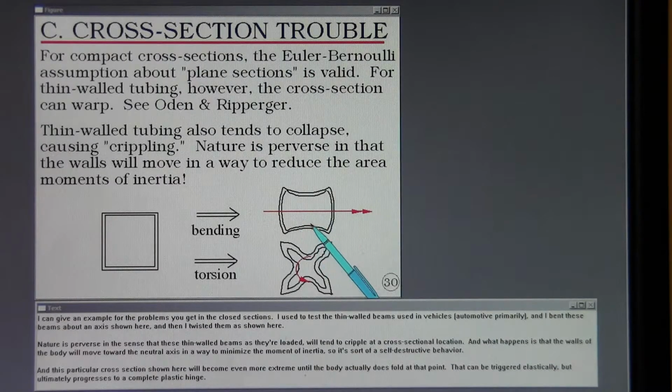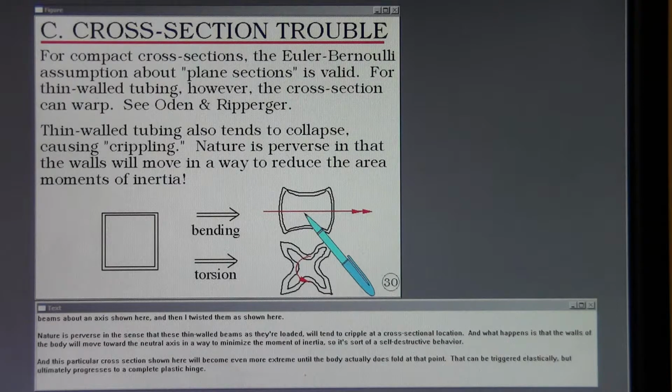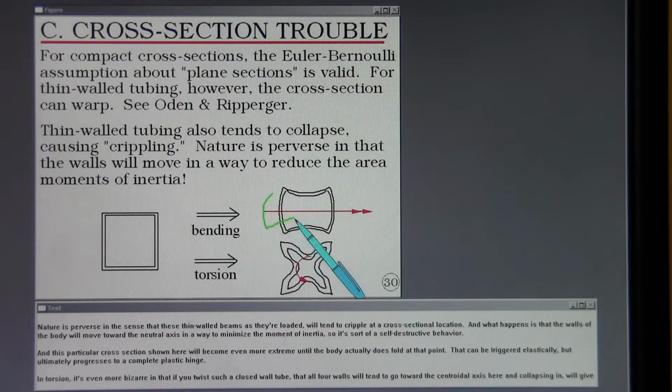And what happens is that the walls of the body will move toward the neutral axis in a way to minimize the moment of inertia. So it's sort of a self-destructive behavior. And this particular cross-section shown here will become even more extreme until the body actually does fold at that point. That can be triggered elastically, but ultimately progresses to a